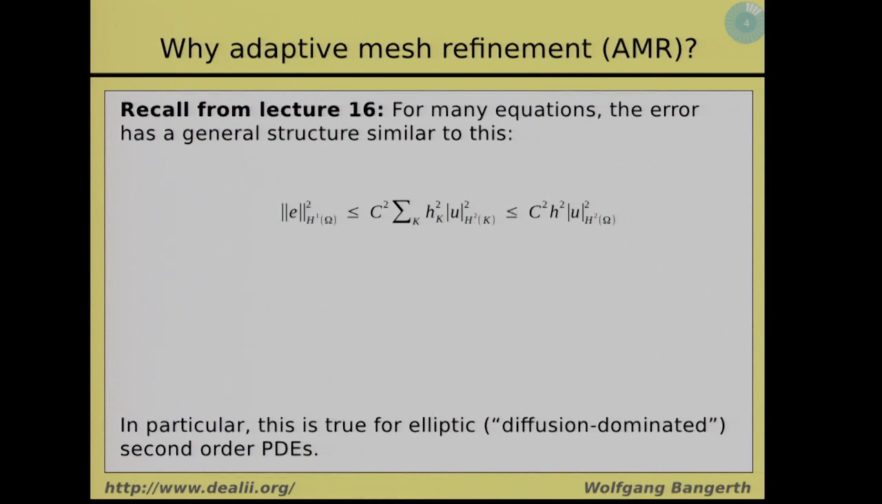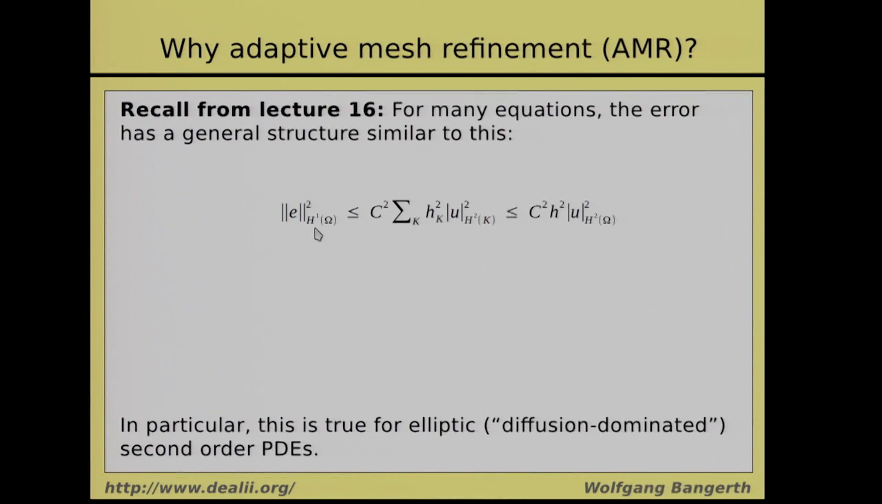So I've mentioned this in lecture 16 already, that for many equations, and certainly for the Laplace equation, I can often show something of the following kind, namely that the error in the H1 norm, so the error is the difference between the exact solution and my numerical solution, and the H1 norm measures the gradient, so it is the integral of the gradient of the error squared and integrated over the entire domain omega. That I can show